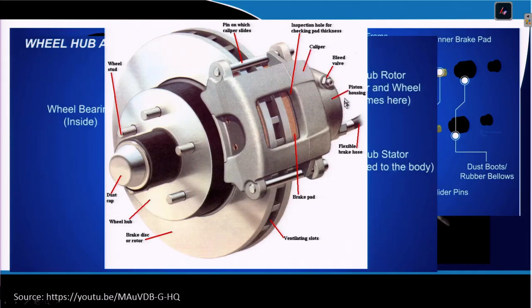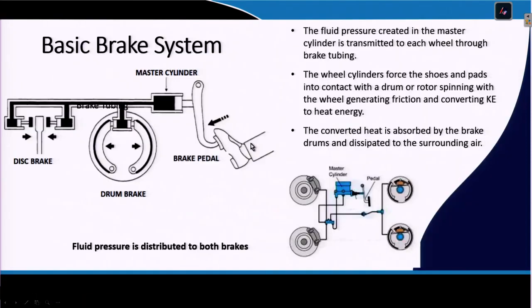Then you have the piston housing. When the brake oil gives the pressure, it will come over here and give a push, so that the brake shoe gets engaged over this hub, and then it will stop. So these are the arrangements of braking you have in a normal car.